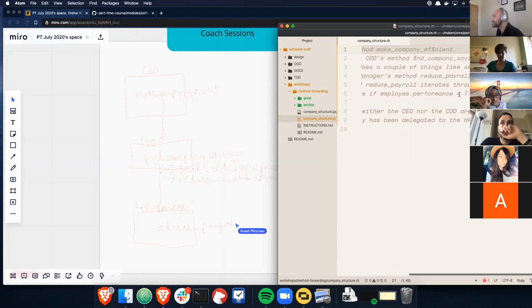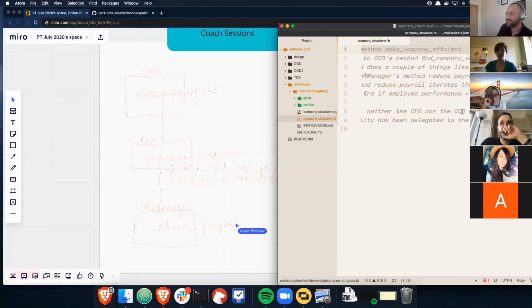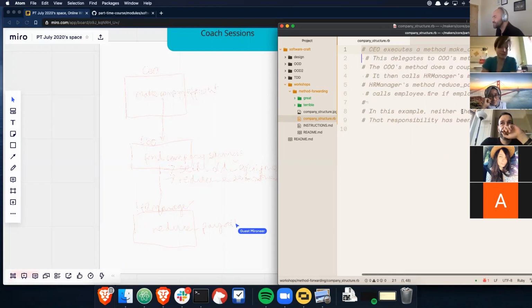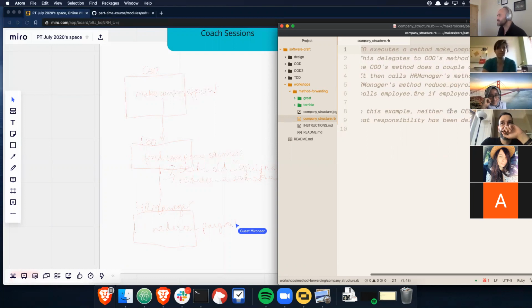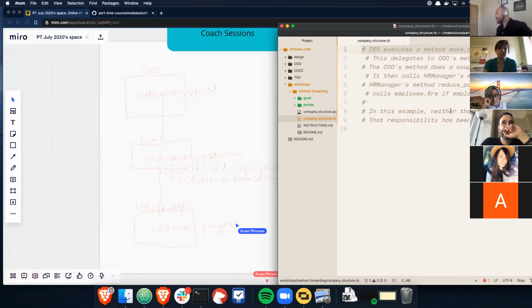This method iterates through employees and calls employee fire if employee performance is less than 7. Hopefully that's 7 out of 100 or something, we'll see. So let's try and diagram that. We have an HR manager, reduce payroll, which